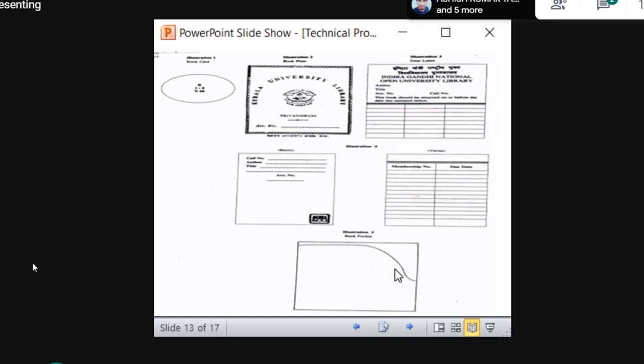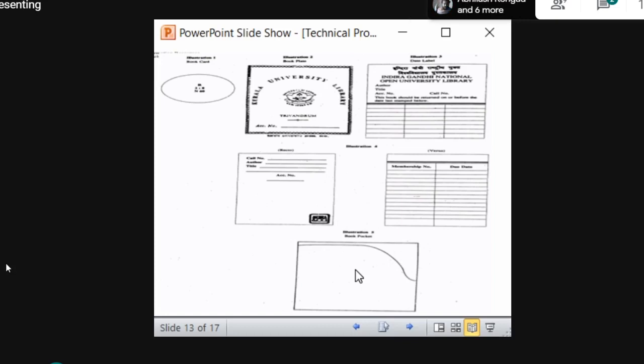That means the user will have a library card, and the book's accession number card we will insert manually. Users will have a library card, and in that library card also there will be a space like this for inserting the accession card. That means this user has taken this book. When they are returning the book, we will take the accession card and insert it into the book.